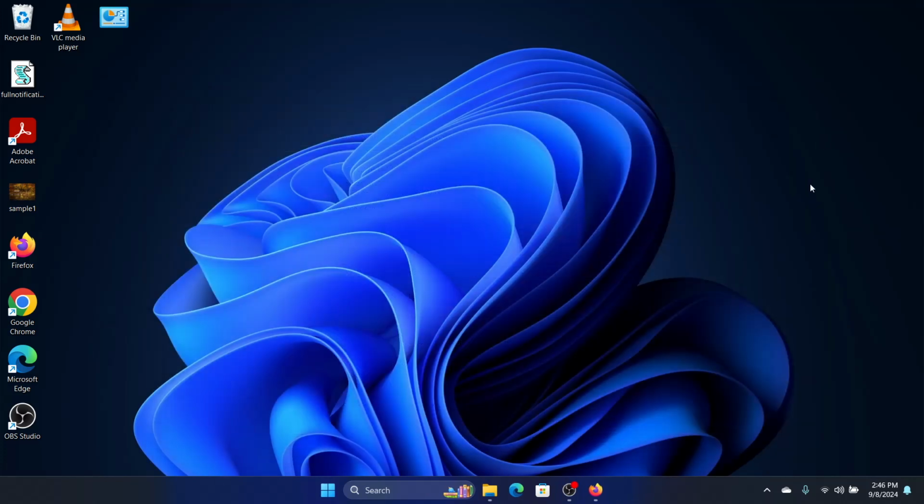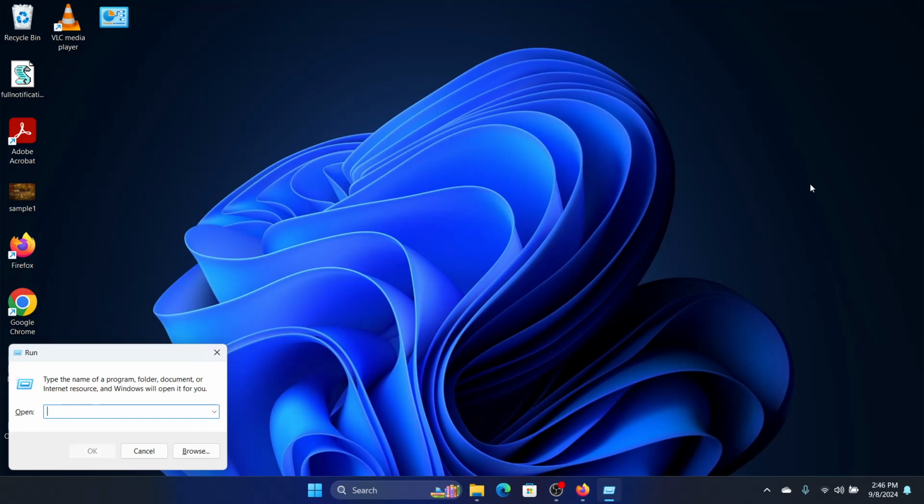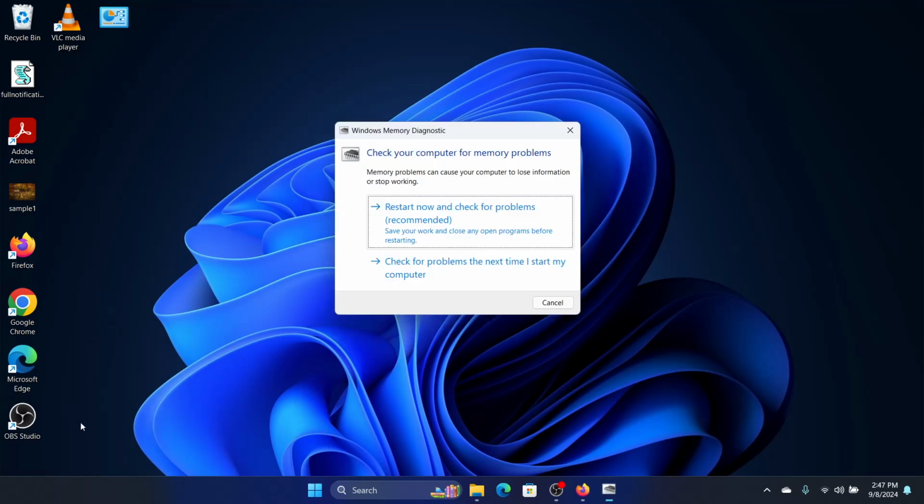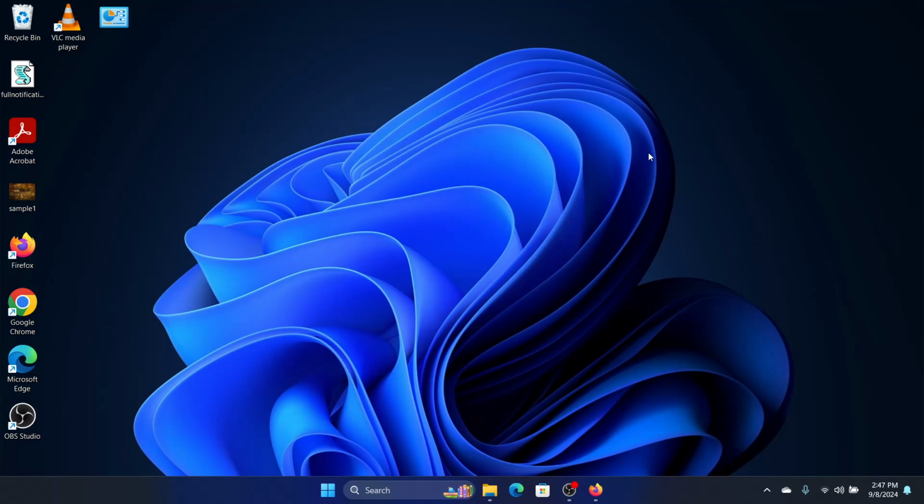diagnostic scan. For that we need to again open the run dialog, pressing the Windows and the R key together, and we will input the command mdsched and click on enter. Now we'll click on restart now and check for problems, and this should fix the error folks. But 99% the error should be fixed, but for the 1% if it doesn't work, then